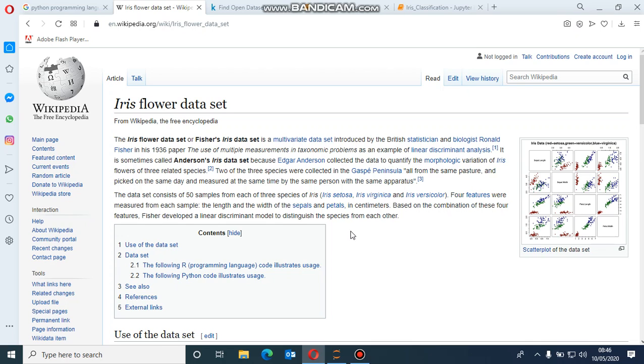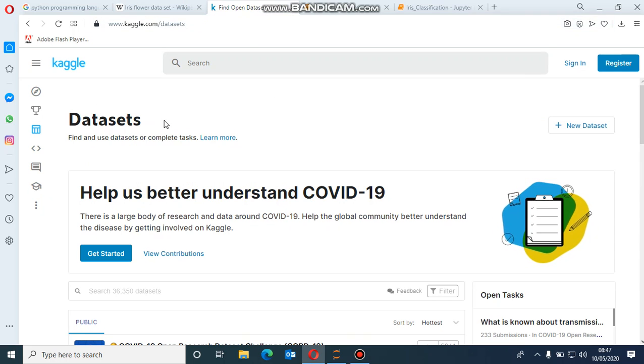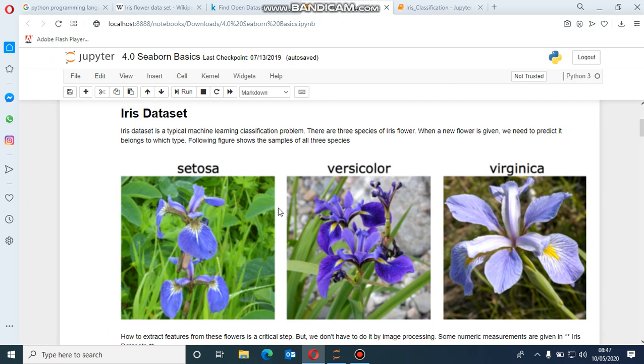I should also say that we will be assuming that you have Jupyter Notebook installed on your machine. For this, we will be needing a particular dataset. We can have the detailed version of the dataset at kaggle.com. Here you can see that this dataset contains three possible types of iris flower: iris setosa, iris versicolor and iris virginica.